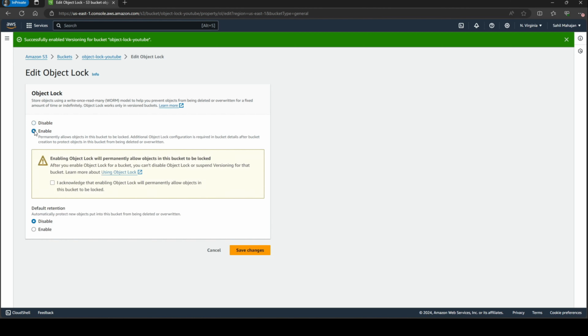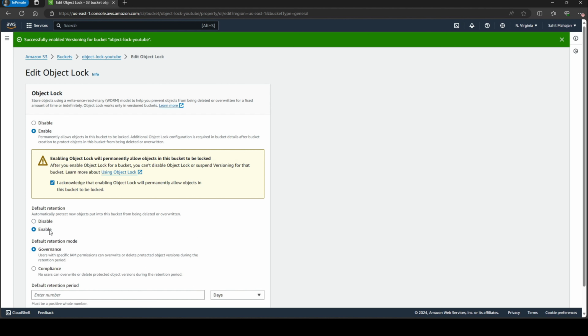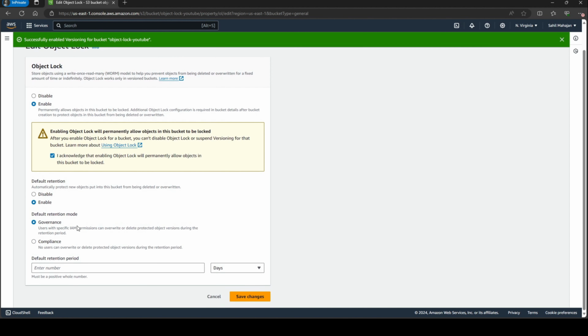So I'm going to go ahead and click on enable. It's going to ask you to acknowledge it. We're going to acknowledge it, and they're going to ask you a question. Do you want to have a default retention period, which basically means it automatically protects new objects put into this bucket from being deleted or overwritten. For this use case, let's say yes, we want to have a default retention period,